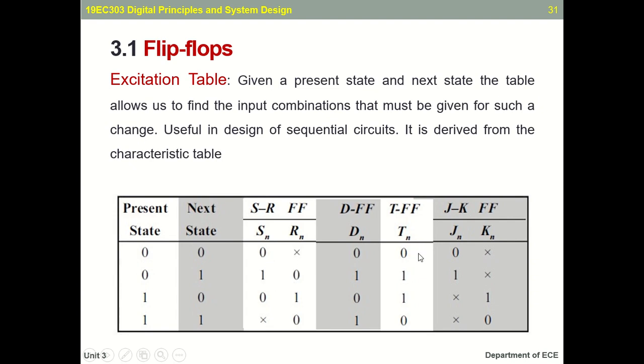So for your SR flip flop and your JK flip flop, your first and fourth values are 0x and x0. And for your SR flip flop, your auxiliary diagonal value is 00, instead here it will be x and x. So if your present state is 0 and your next state is 1, here the J value is equal to 1 and K can take any value, so it is given as don't care. And when the value changes from 1 to 0, here the reset value should be equal to 1 and your set value can be any value.